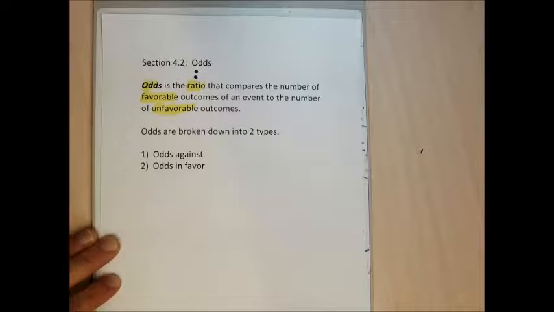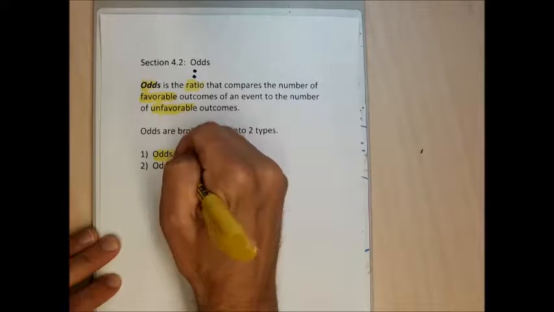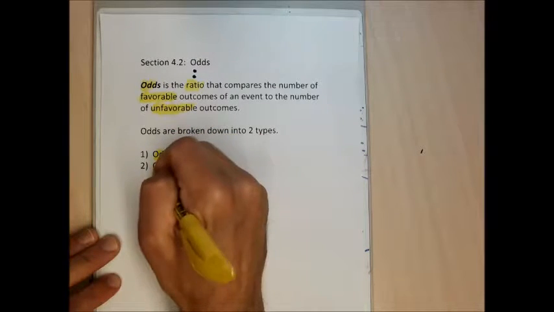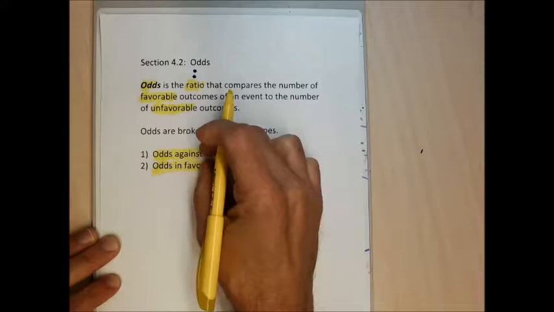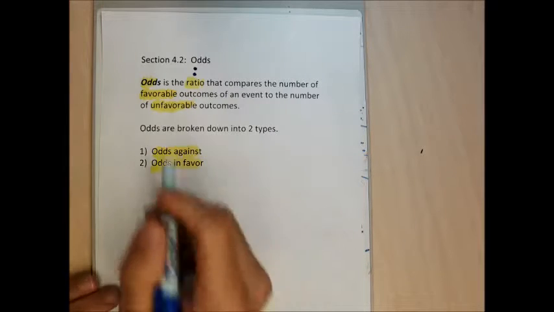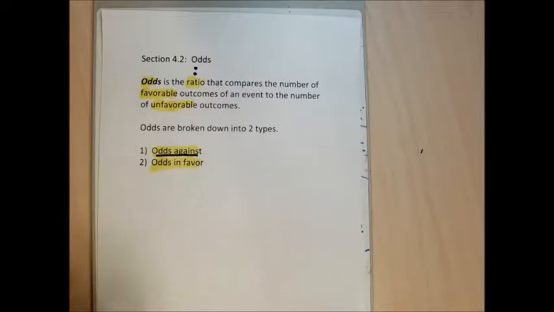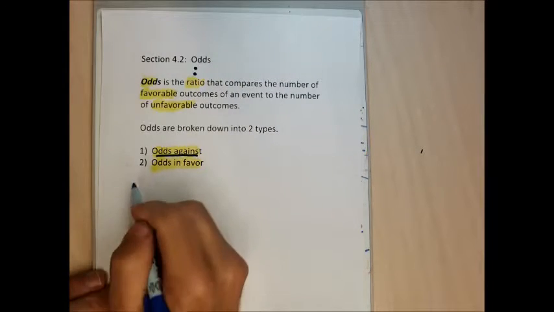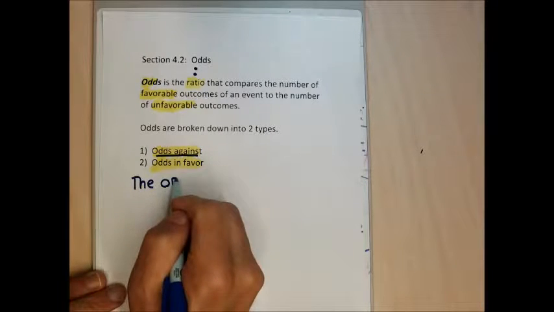In this section, we're going to study two kinds of odds: the odds against an event happening and the odds in favor of an event happening. The nice thing about these is they're essentially the same. They're just reciprocals or reverses of each other. Let me do odds against first, because that's the more common kind of odds, and tie in an example to this definition. So I could say the odds against